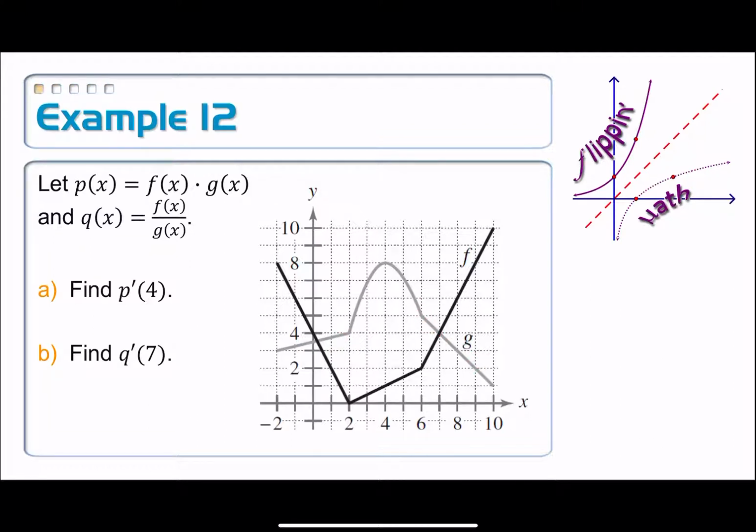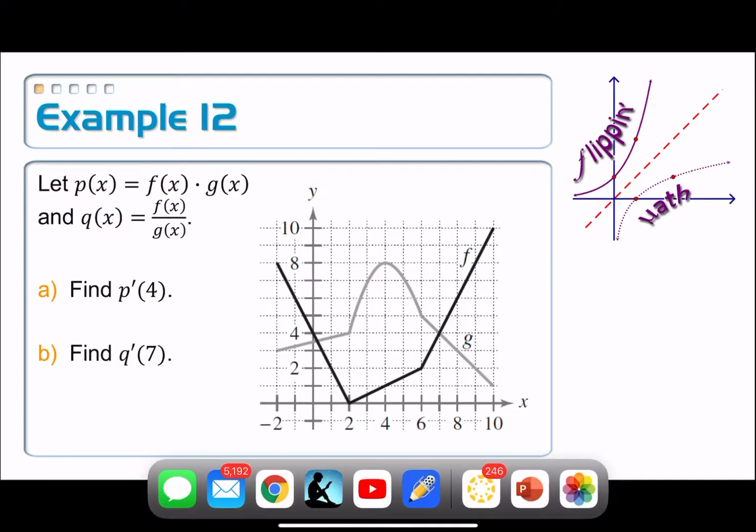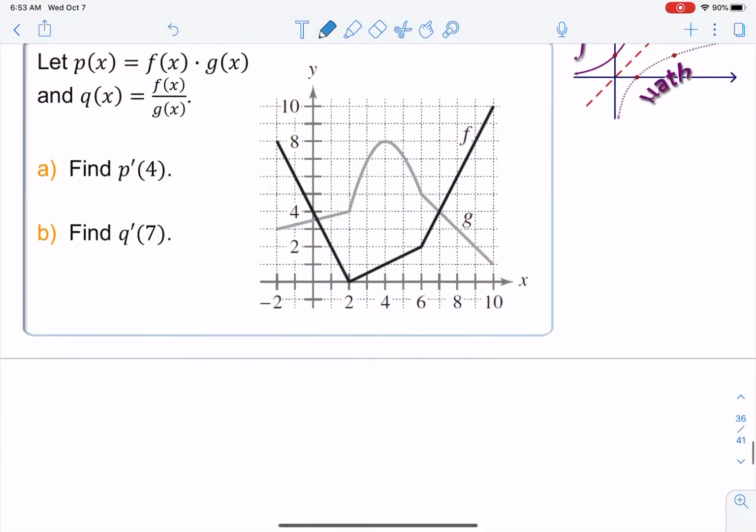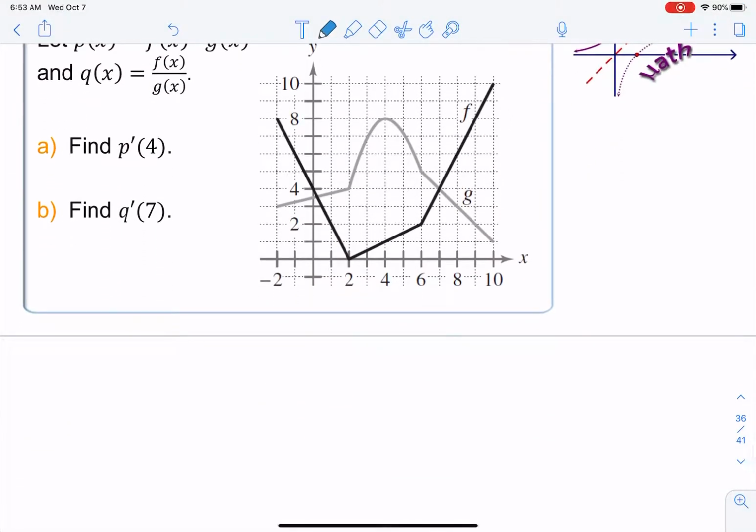No. Instead, we can just use both the product rule and the quotient rule for specifically at, say, 4 and at 7 to find the slope at just that point. Okay, we can handle this. Let's take a look. So what I would suggest doing first here on part A, where we want to find p prime of 4,